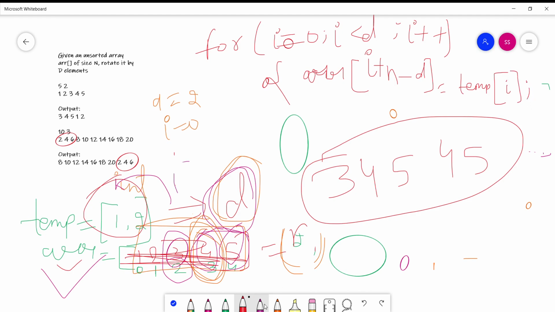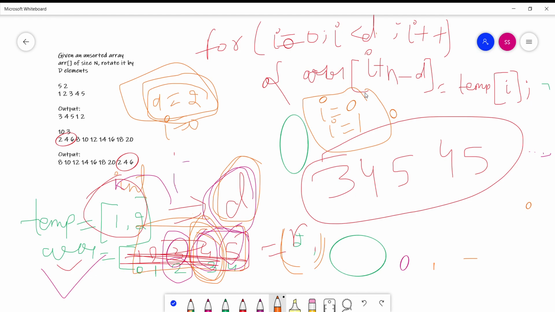This statement explains that, let me take the value of d as 2 to illustrate it. The value of d is 2, so the loop will execute for i equal to 0 and i equal to 1. Whenever the value of i becomes 2, the loop will terminate.